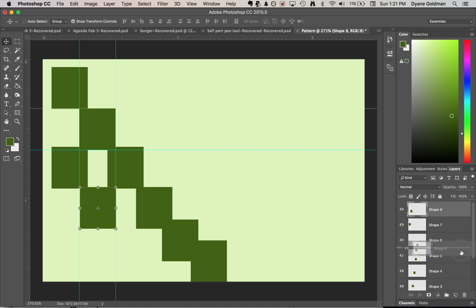Then I'm going to do a shape 9. So I'm going to call it shape 9 over here. Shape 9. And I'm going to move this, and again I'm going to line it up with all of them. So you're basically creating a pattern that through repetition you're repeating the shapes, and then you're also repeating the placement of the shapes, right? So what I would do is I would probably fill most of this up, and